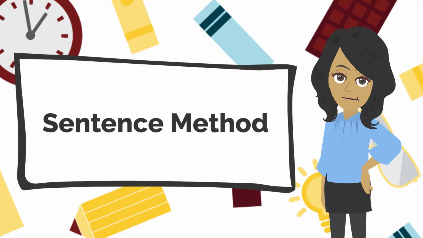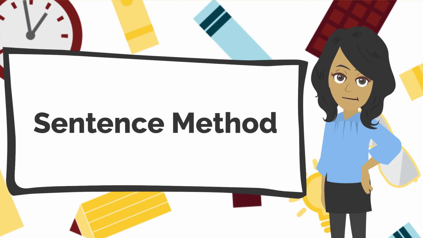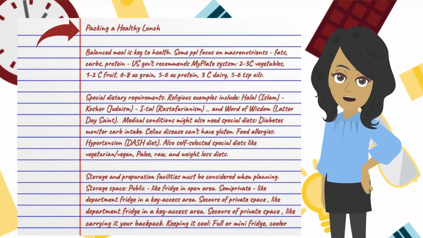Taking notes in sentence form is one of the easiest note-taking methods. Write the topic at the top of the paper. Then, listen for important words and content during the lecture and write down notes related to key information one sentence at a time. Each new thought gets a new sentence.